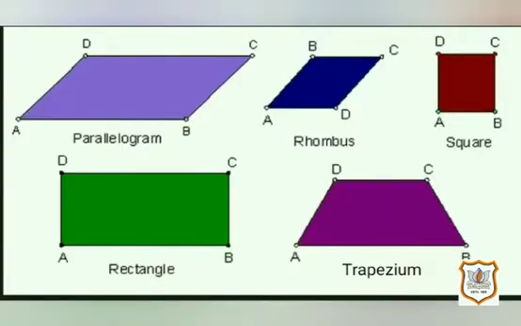In chapter 3, you have learnt about quadrilaterals. That means those polygons which have 4 sides. Students, you can see many different types of quadrilaterals. In some of them, all the sides are equal, while in others the sides are unequal, but the angles are equal. Whereas some types of quadrilateral are parallelogram, rhombus, rectangle, square, trapezium.